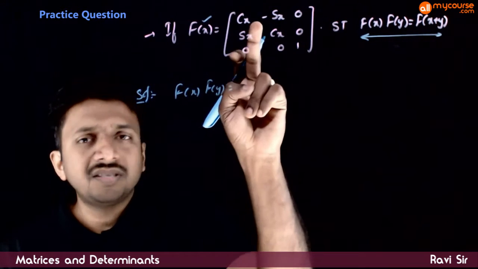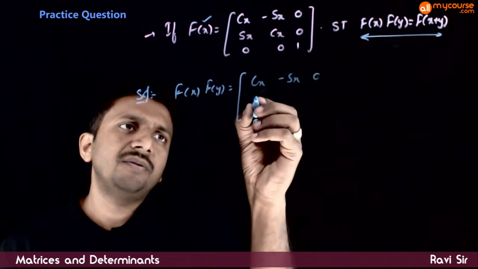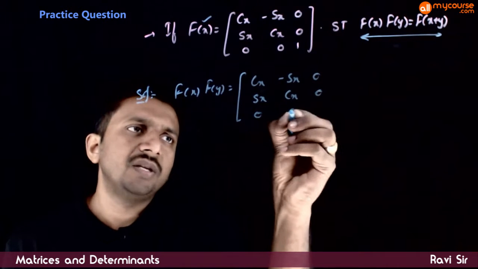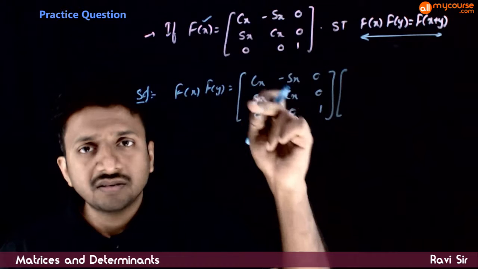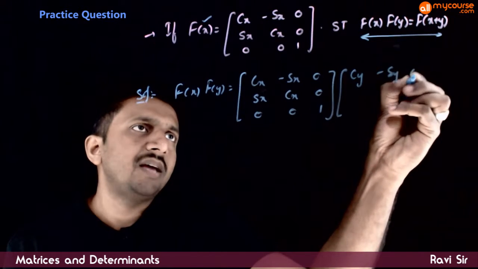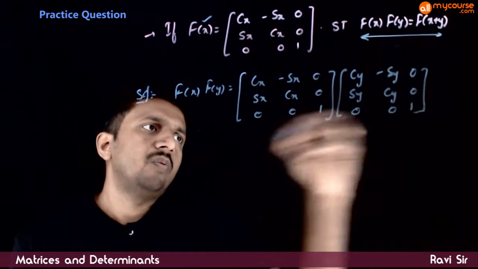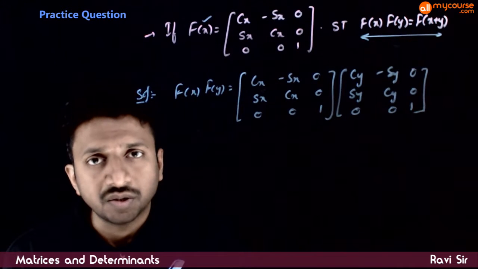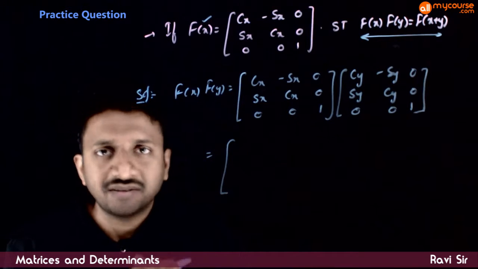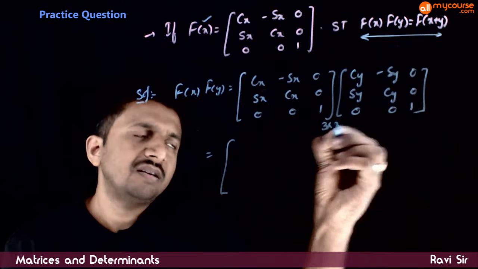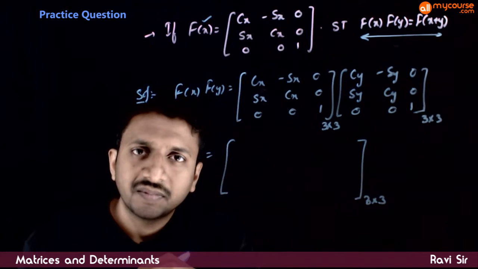is equal to, so cx means cos x, sx means sin x. So f(x) is cos x, minus sin x, 0; sin x, cos x, 0; 0, 0, 1, times f of y, that is, in the place of x, just put y: cos y, minus sin y, 0; sin y, cos y, 0; 0, 0, 1. So f(x) times f(y), you know how to multiply the matrices. So 3 by 3 matrix times 3 by 3 matrix, you're going to get a 3 by 3 matrix, and